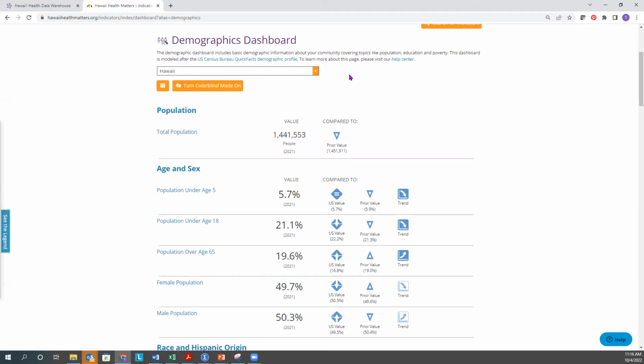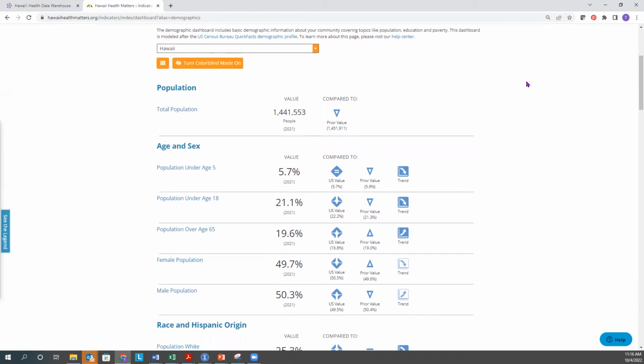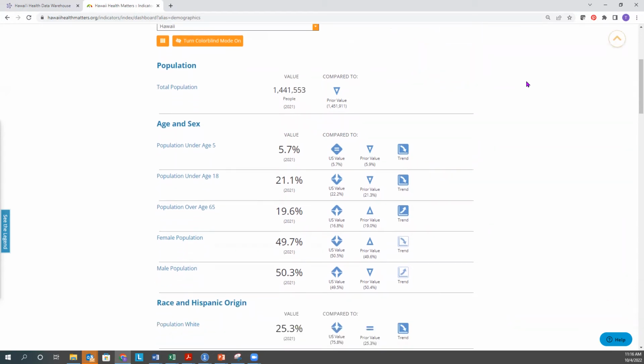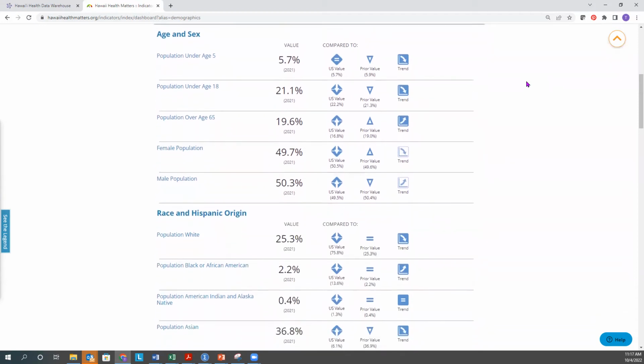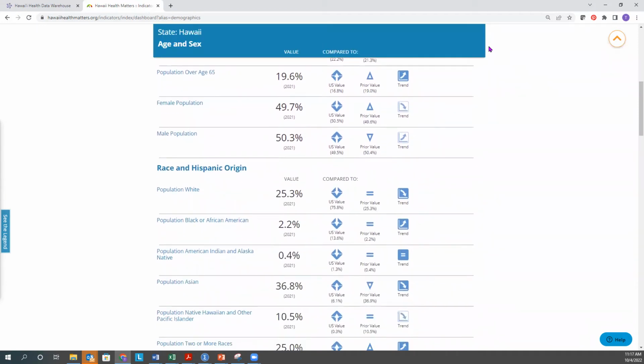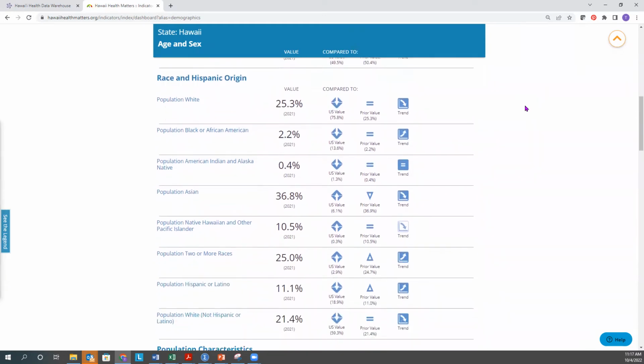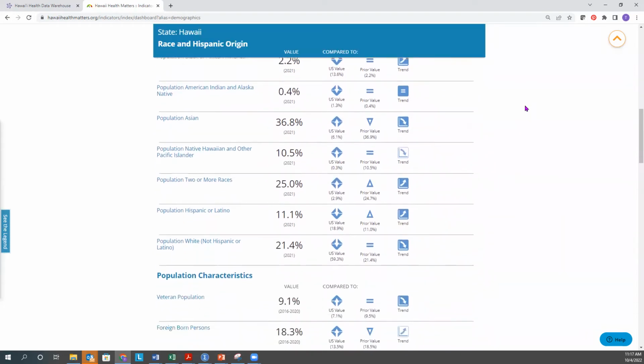Looking at the dashboard, you can see we're looking at Hawaii data, and we can scroll down and see there's information about the number of people, our whole population, the age and sex. As you're scrolling down, you'll see that this blue bar appears. It says you're looking at state data and what of these sub-county, sub-areas you're looking at. You'll see that we can hover over here, and these are going to be different objects. We'll go and explore one of those shortly, but going down, you can see we have race and Hispanic origin information. I will caution you that that is based on the census category, so that may not be as useful to you as you want, but just to let you know that it does exist in there.